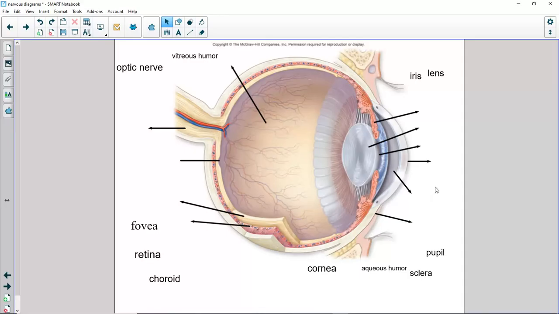All right, so a lot of stuff going on in front of the eye. Let's get the parts from outside in. First is the cornea, the outside transparent layer. You can't even see it unless you scratch it. That is going to refract light into the eye. It refracts light into and through